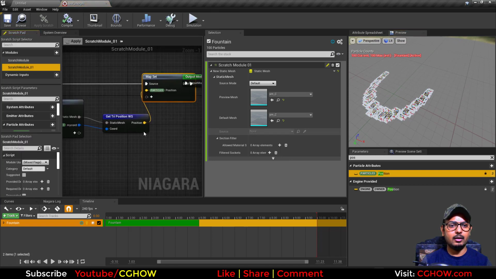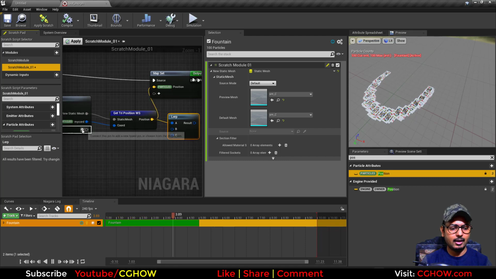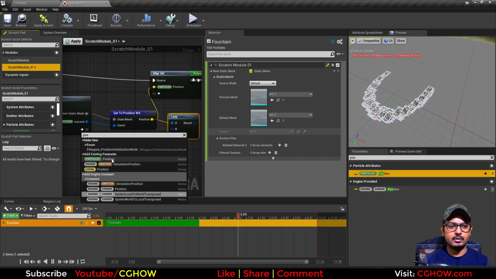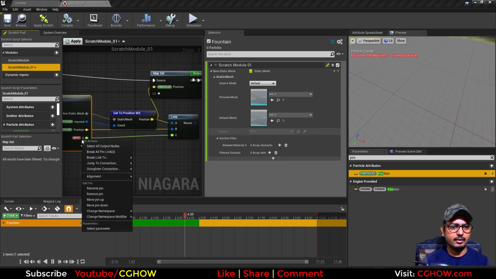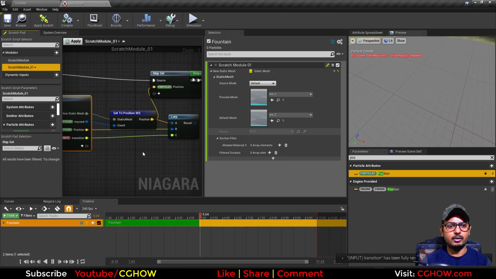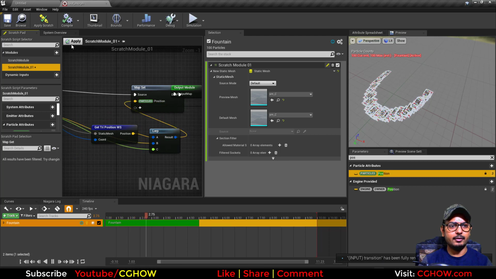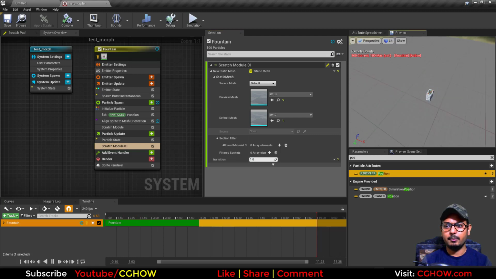So what I'll do, I'll make a lerp between two. So I'll take a lerp, this position is in A, and the particle's actual position, which is the stack of particles, is in B. Then C will be alpha. So let's connect it here, this C, and this is your transition. Let's rename this transition, or you can say morph, anything, and then you will connect it here. Hit apply, and now if I make it 1, particle is a stack, and if I'm making it 0, it's making it